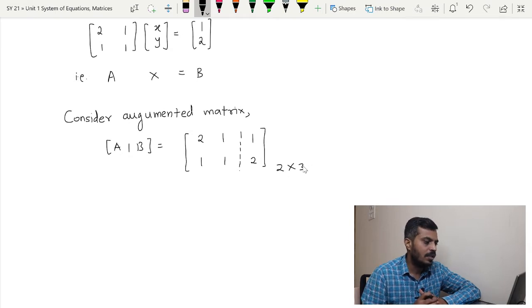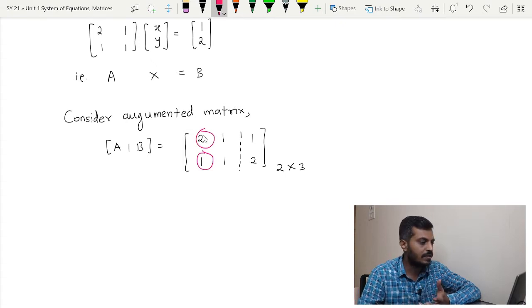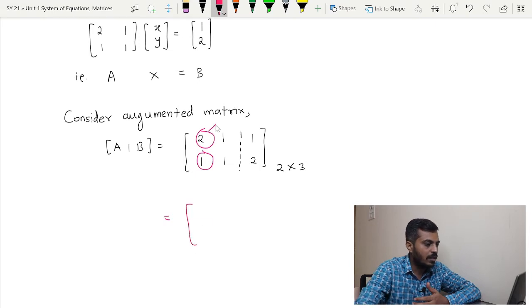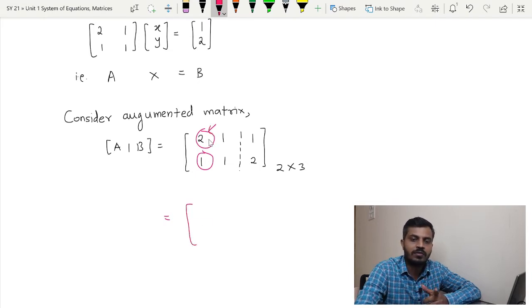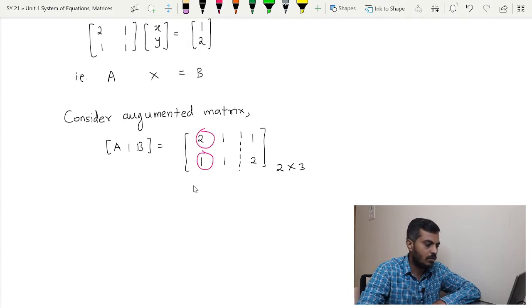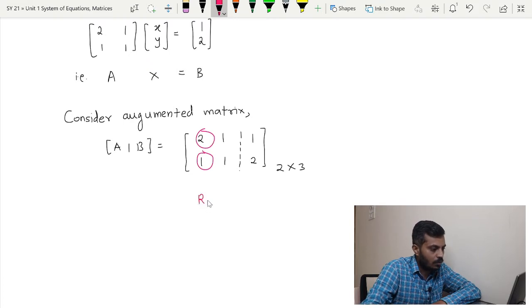So what are we waiting for? Let us begin. Now in order to convert this matrix into echelon form, as I told you before, we will shift all the 0 rows to the bottom, but they are not there. So we will circle the leading coefficients. In this case the leading coefficients are 2 and 1. Now we will try to make the leading coefficient of the first row to be 1, as it is 2 over there. That can be done easily by swapping the rows, because this entry in the second row is already 1. So we will perform R12.